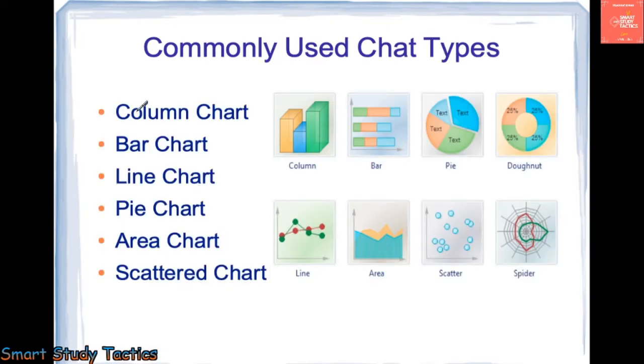We have the column chart. We have the column chart first of all, and it is widely used, as you can see here. Okay, second we have the bar chart. Column chart and bar chart sometimes look similar, but bar charts are always laid out this way. Okay, columns are this way, and these are in the row style.